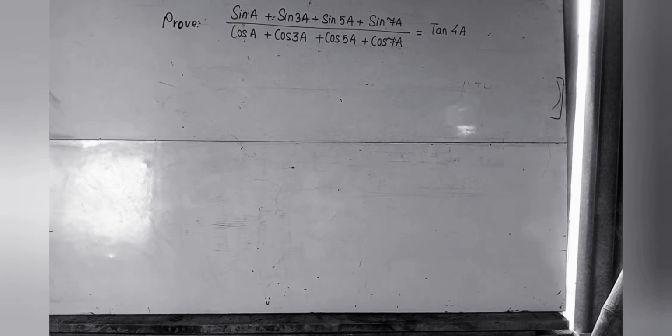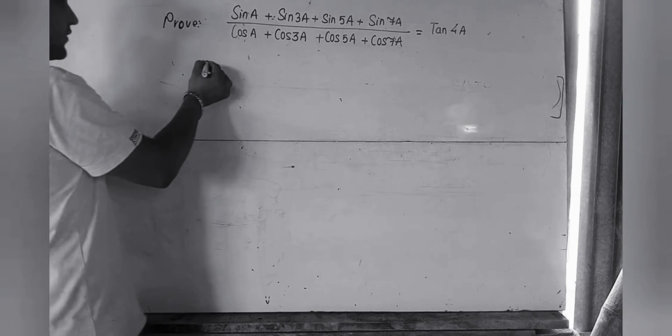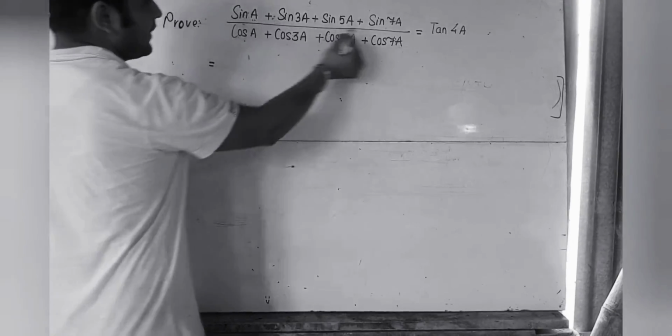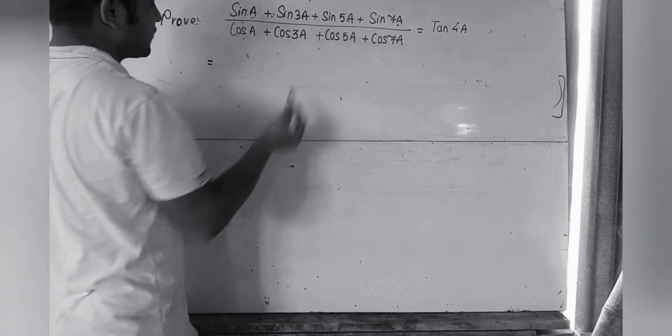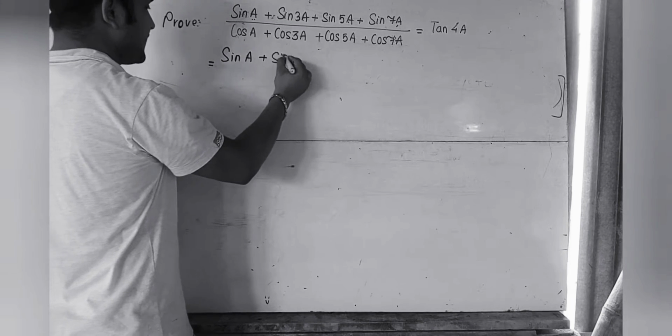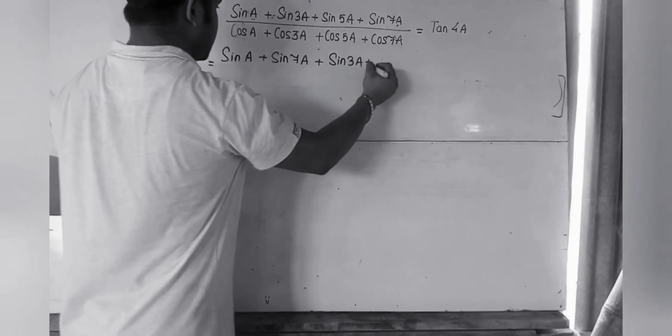Okay, the problem that is here on the board is not that difficult. We simply have to use the formula of sin c plus sin d and cos c plus cos d. But before that, we need to arrange the terms appropriately. This is not a universal rule, but you can do it like this. You can see that a and 7a sum to 8a, and we have 3a and 5a, whose sum is also 8a. So let us put them together at first. So we can write here sin a plus sin 7a plus sin 3a plus sin 5a.